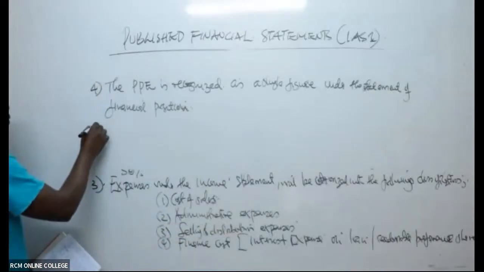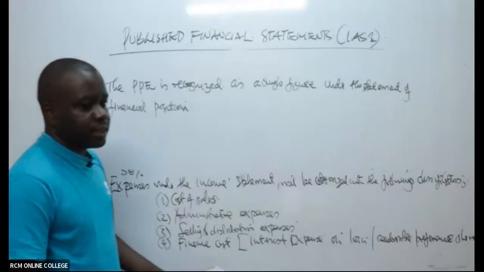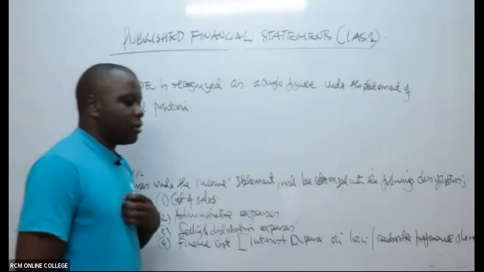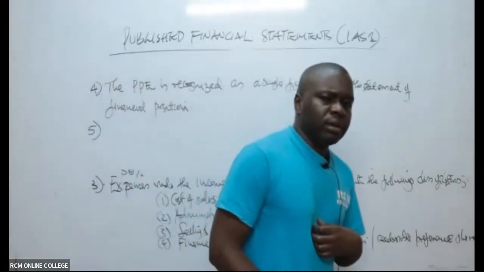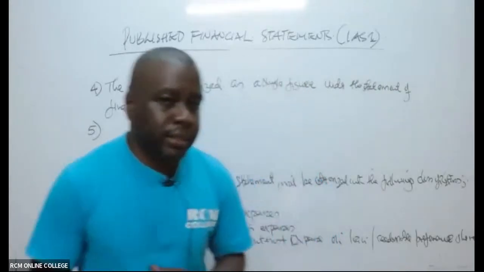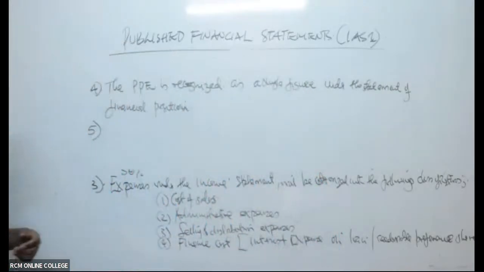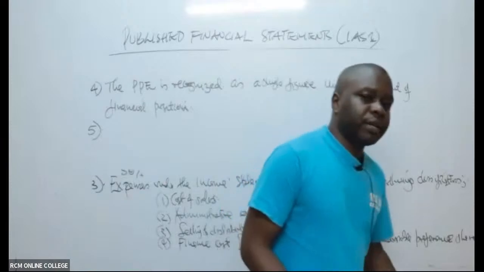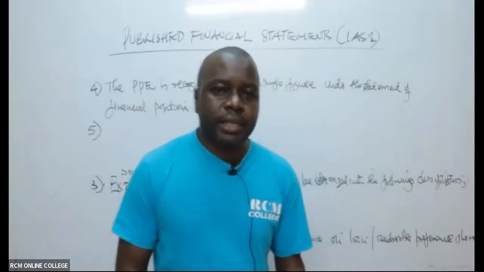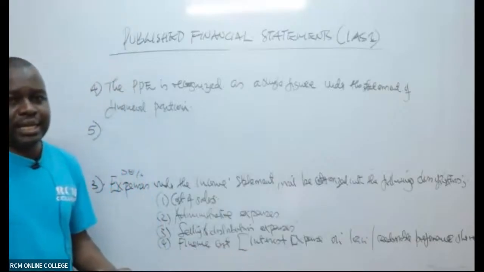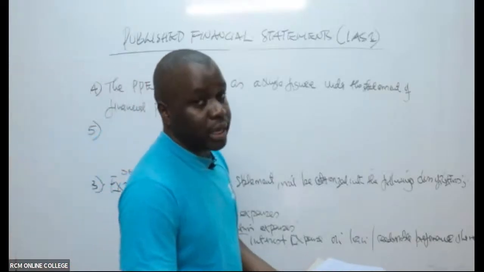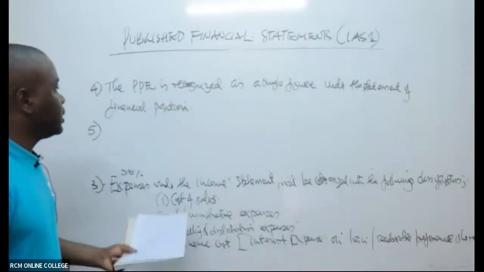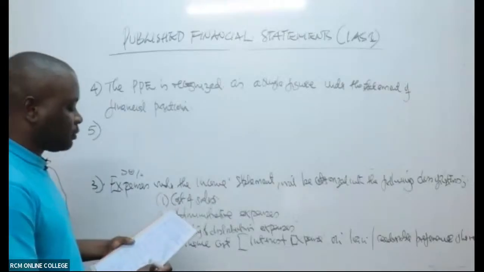Then there's something we learned about in this case under income taxes. Income taxes, if you can recall, we learned about the current tax, and of course now the deferred tax. So the deferred tax will be recognized as what? As a long-term liability, because deferred tax is simply tax that will likely be claimed from the company in future. But the current tax is simply that tax you're having to pay in the current year. So the current tax will be a short-term liability, but the deferred tax will likely be a long-term liability. So you must take note that under published financial statements,